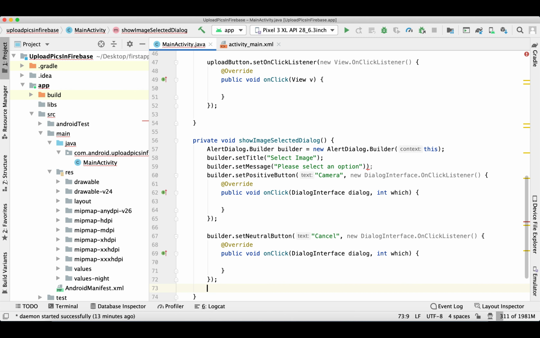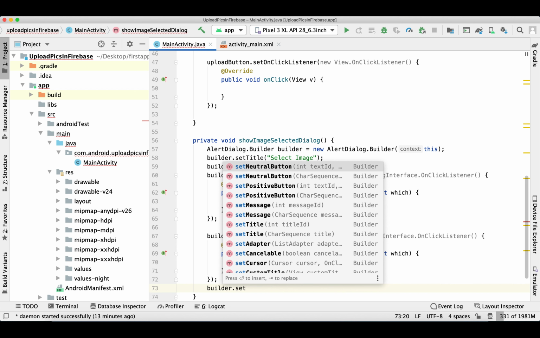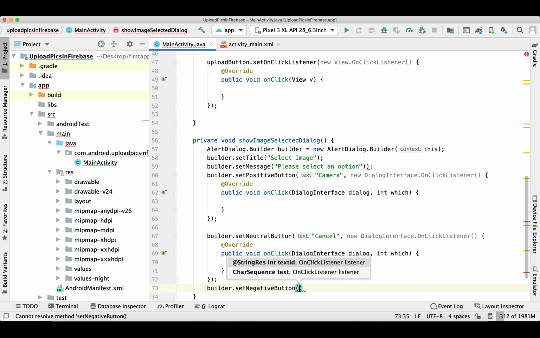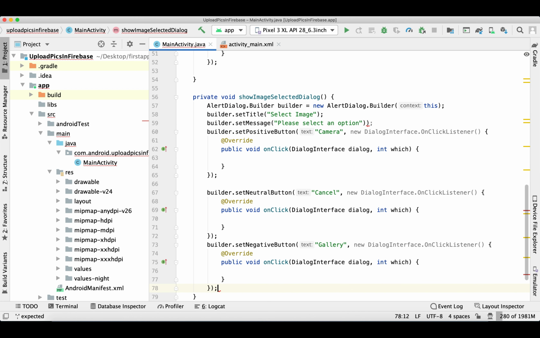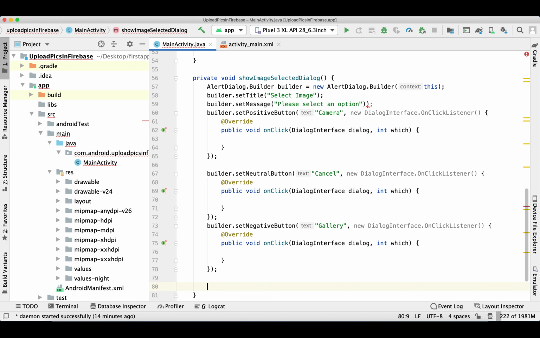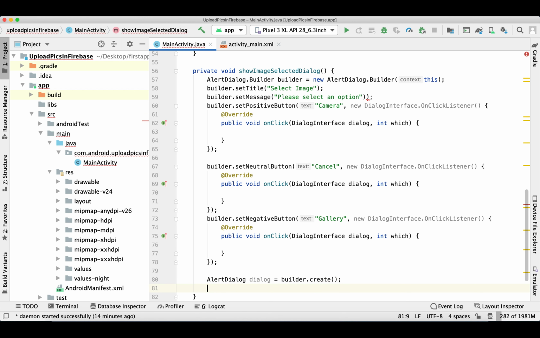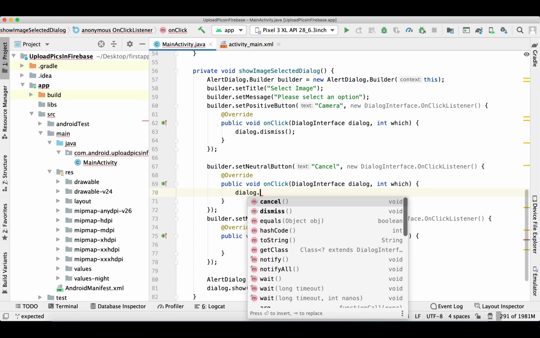And the third button I'm adding, I'm going to name Gallery. On each button click we need to at least close the dialog.